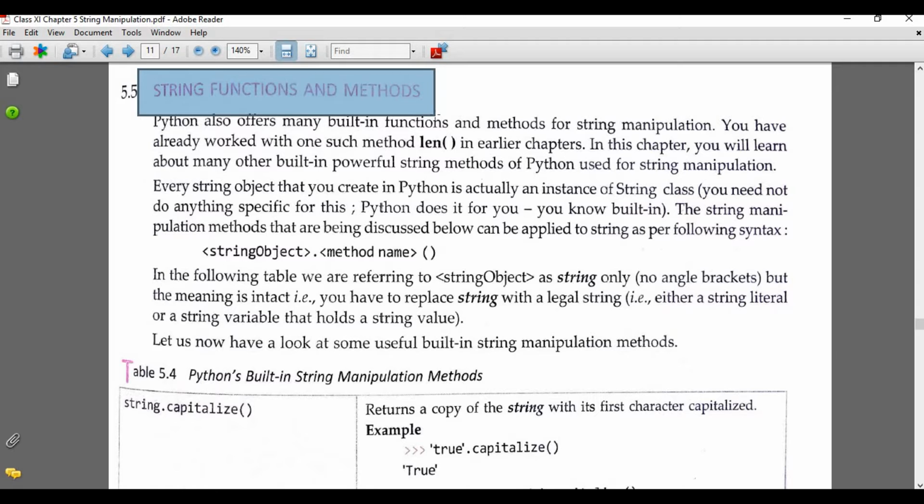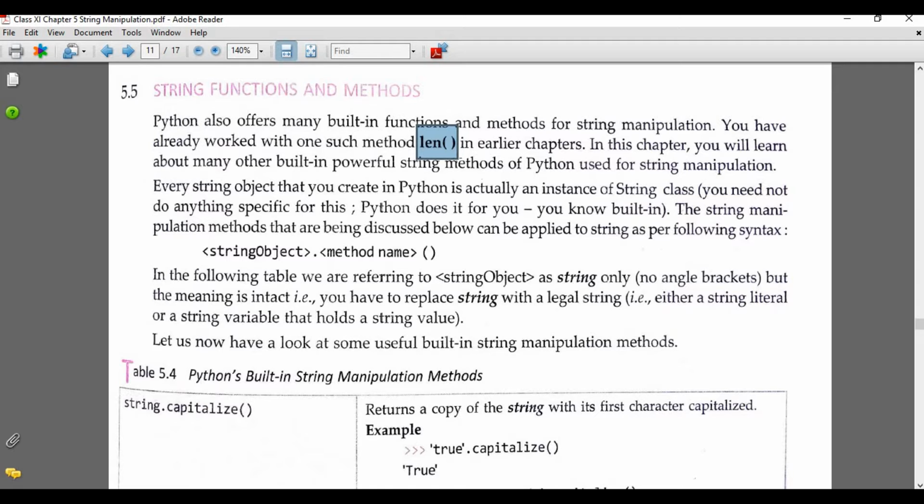So that's why here we say methods instead of functions. Either method or function, both are acceptable, but here the specific name is methods. So the first method name is the len function, or len method. This topic we already discussed.